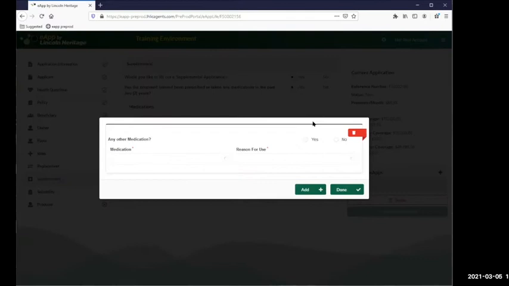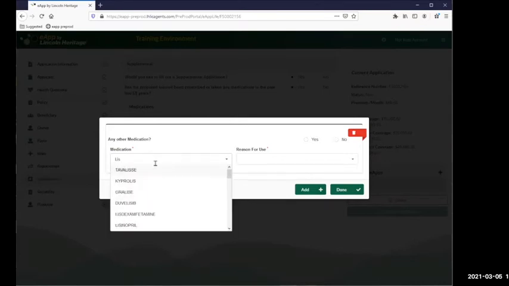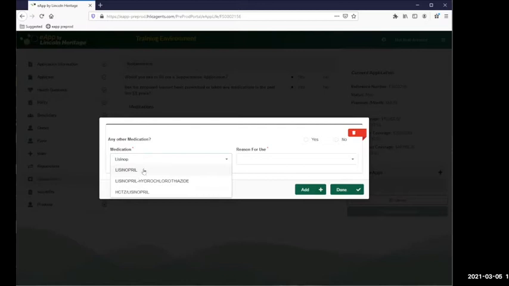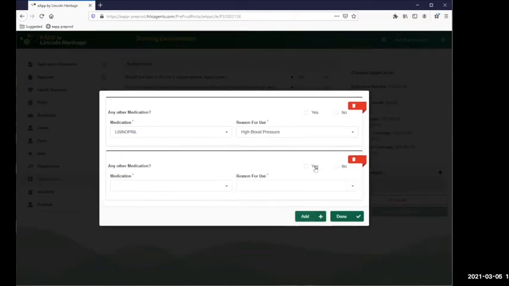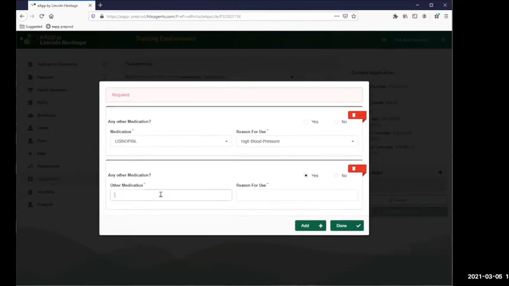A couple of great features about this is that you have the option to add another medication on here. So if you have a medication that's not on the list or a reason for use that's not on the list, there's this question here, any other medication? You can mark yes on there and you have the option to add one. Let me show you an example, lisinopril. Very common that we get this. High blood pressure, heart disease. Those are usually the only two options that we have for lisinopril. But if you find that they take it for water retention, very common for that medication,